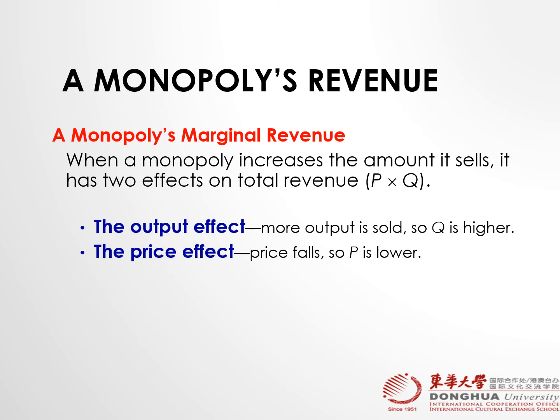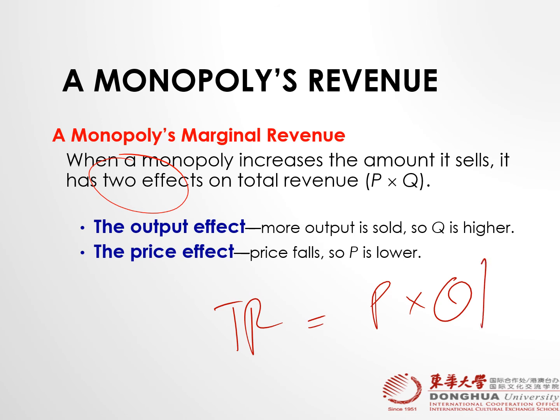When a monopoly increases the amount it sells, it has two effects on total revenue. I'm just going to show you by the formula of total revenue. Total revenue is equal to price times quantity. So there are two effects. What is the output effect? If you want to increase the total revenue by increasing the output,